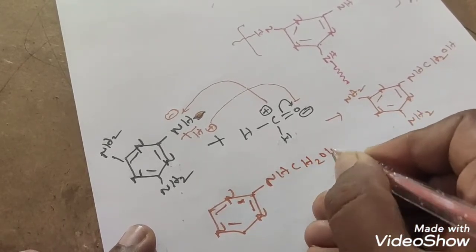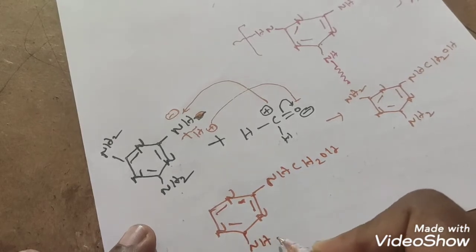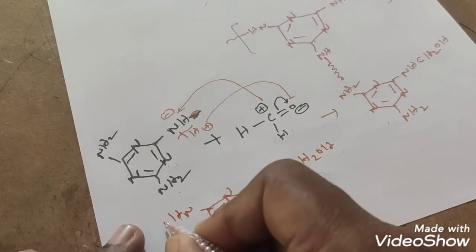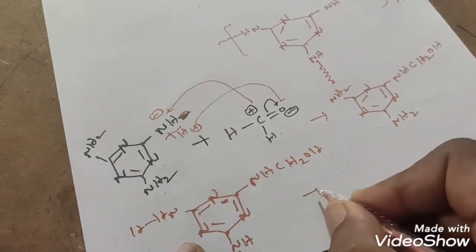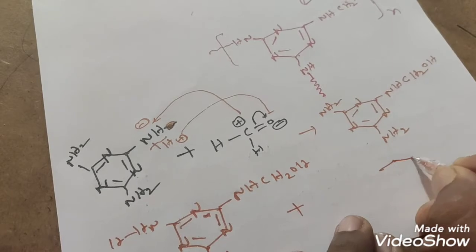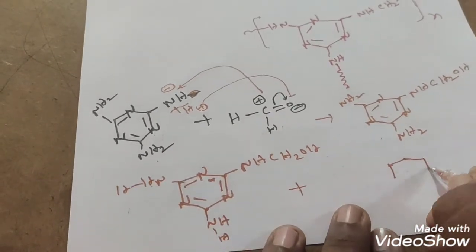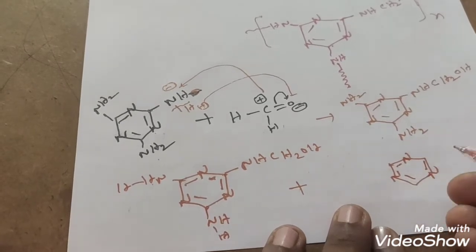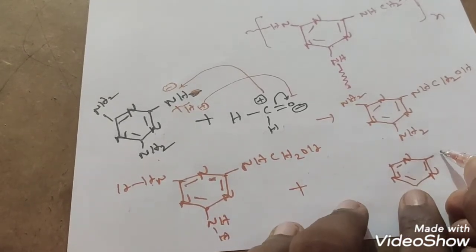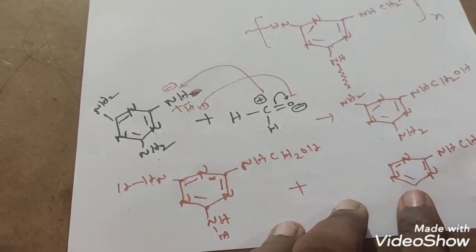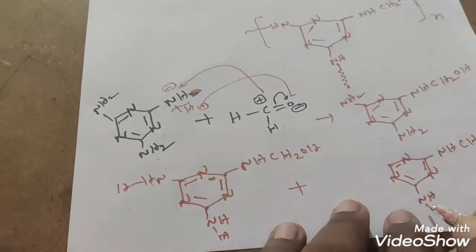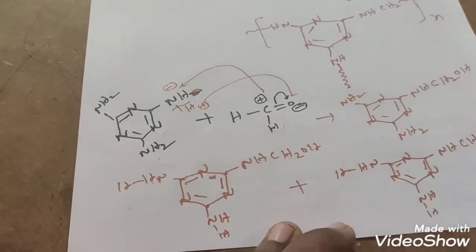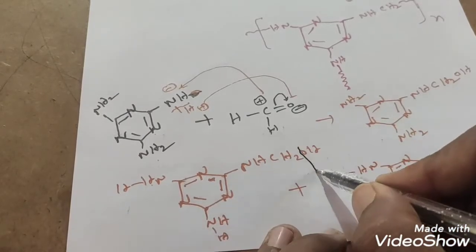This is that resin intermediate. The resin intermediate will be like this. For easy understanding, I have written H here, NH here, H for NH2. And one more mole I am taking here. One more mole will be like this: alternate positions nitrogens, alternate positions double bonds, alternate positions carbon. Wherever carbon is there, at those positions NHCH2OH and NHH, that is NH2, will be like this, right? Here one of the hydrogens and one of the OH removed as a water molecule.